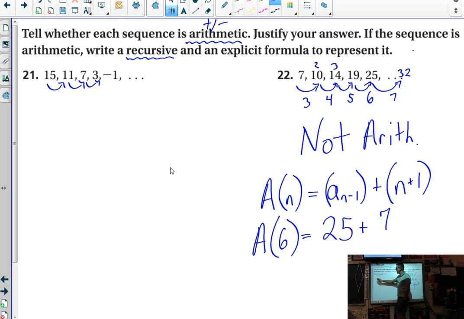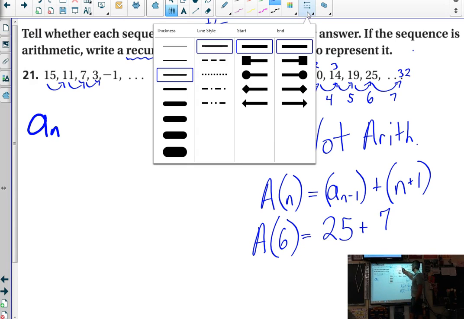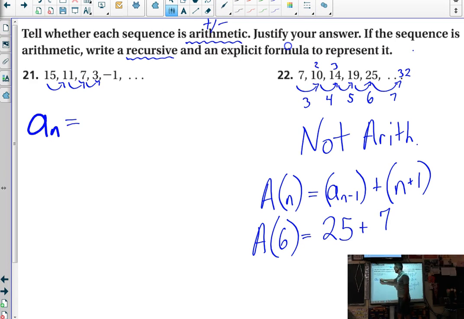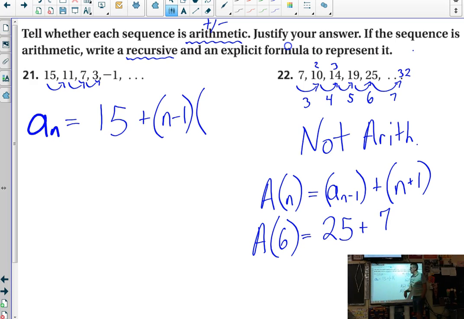So the value of my term at n, and they can either say a sub n or a of n. Those are the same thing. A of n, a sub n mean the same thing. The first term, a sub 1, plus n minus 1 times that common difference of negative 4. Now this is not cleaned up yet, though. We then can distribute this and say this really becomes